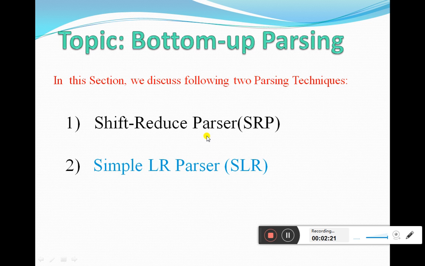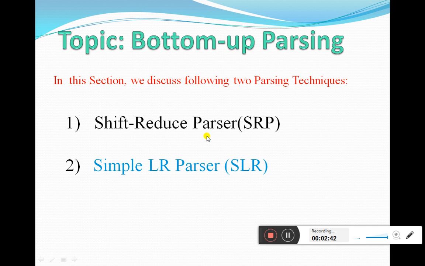So on the other hand, bottom-up parsers will work from leaves towards a root. We start from the input string. We try to reduce input string to a root, that is the start symbol.